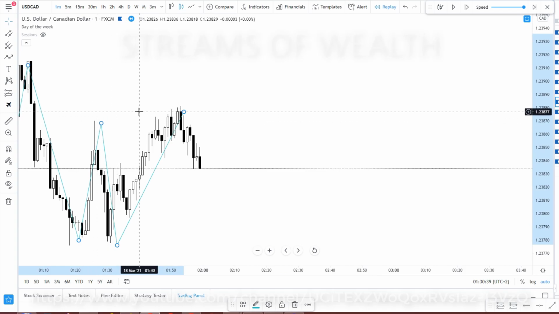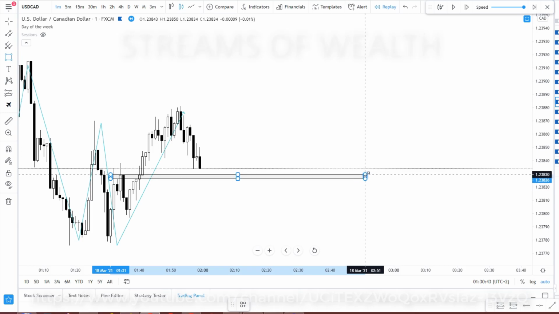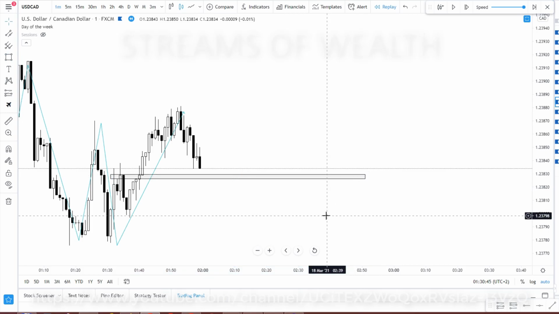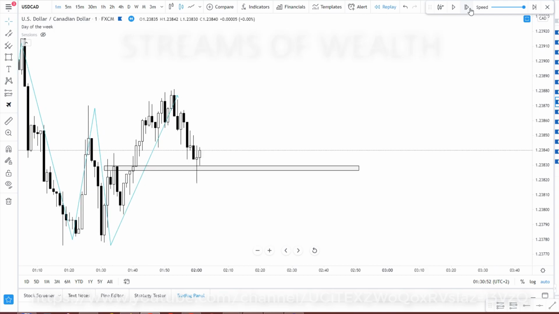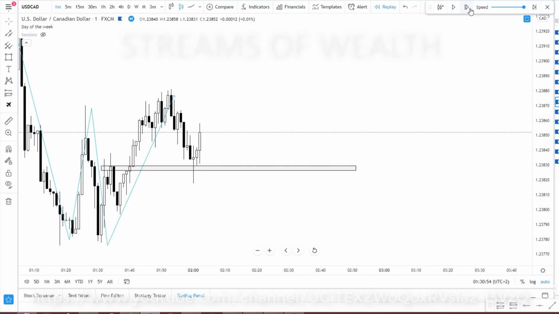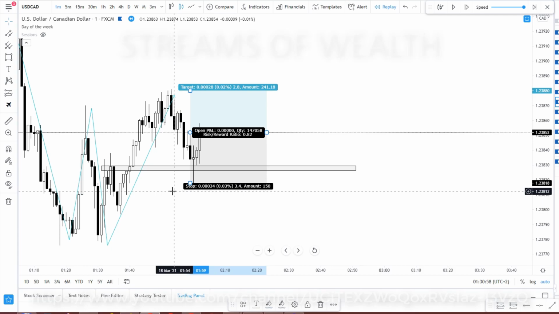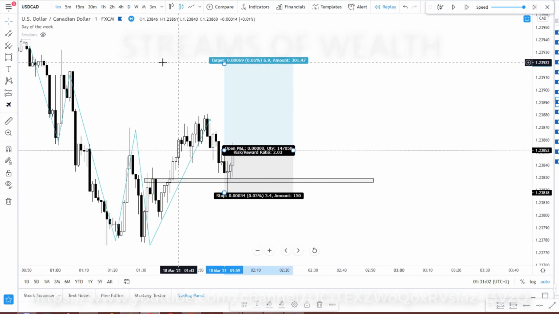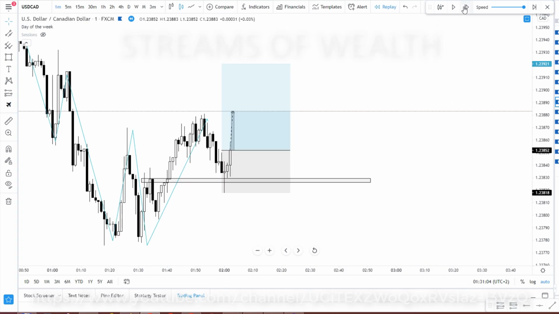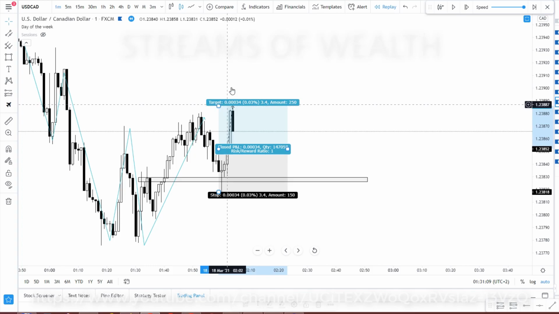We break this, so now we can mark our resistance. If you want to call it resistance, let's call it resistance. And we have rejection. So now if we have some move to the upside, and yes, so we are taking it. Stops. Again, these are big stops, but we are expecting it to